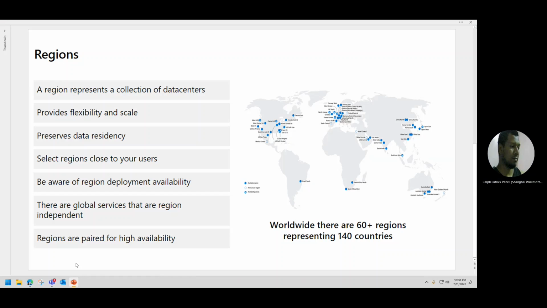And then together making a region pair. So where two regions are paired together, that's called a regional pair. So why do we have to pair the regions, and what are the benefits that we can get in terms of regional pair? Well, a regional pair, as I mentioned, consists of two regions within the same geography, and Azure